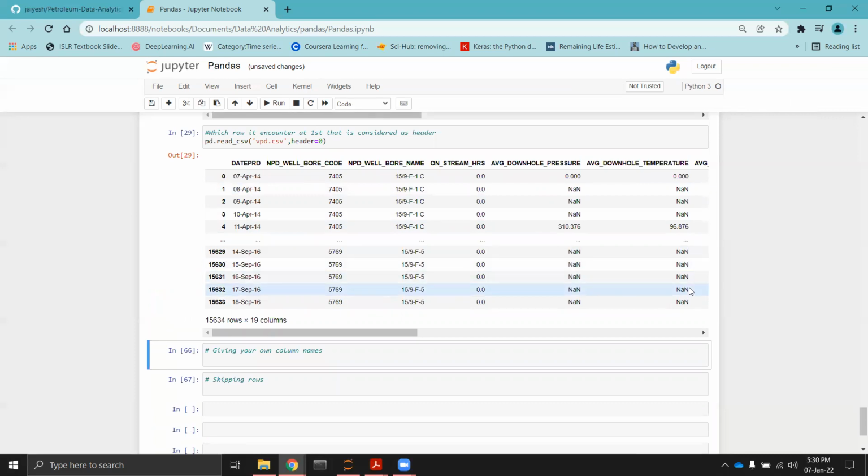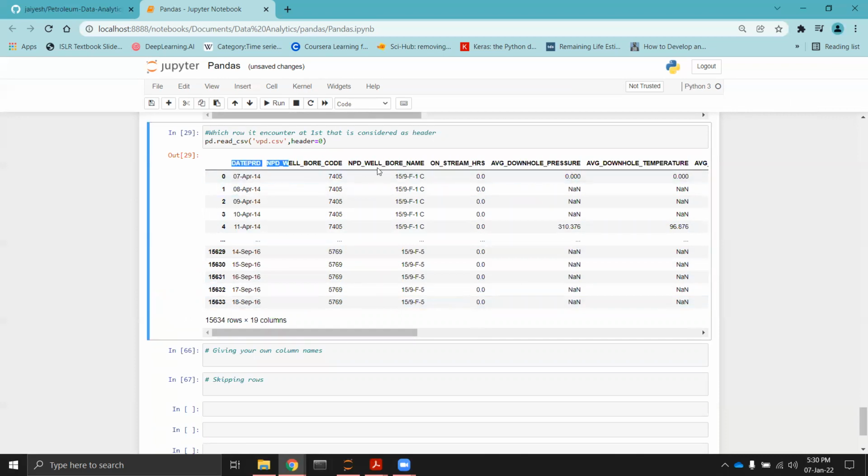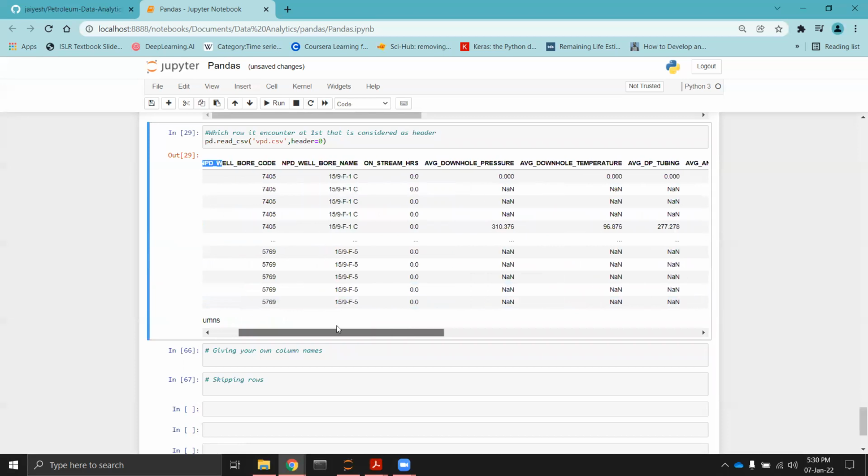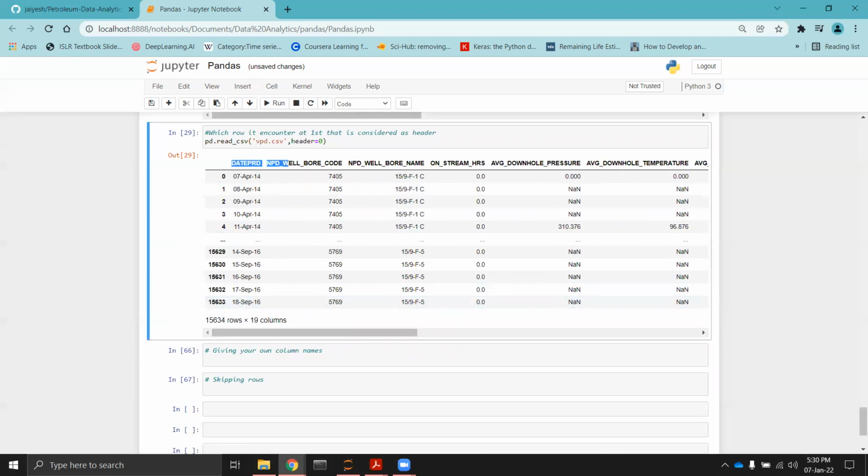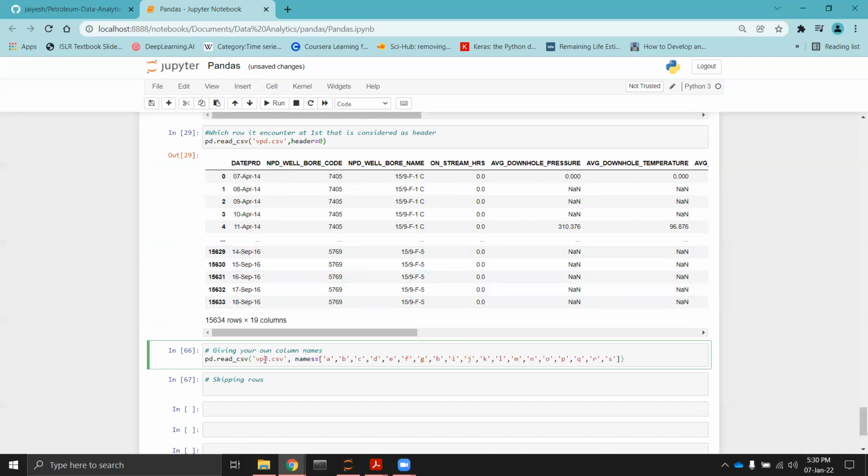Now next come the column names. For example, here column names are by default present: NPD wellbore code, wellbore name and all those things. But what if you want to provide your own names? For that scenario, there is this names option present in pd.read_csv. Here we have done pd.read_csv, the file name, and in this names option we are providing a list of names for the columns.